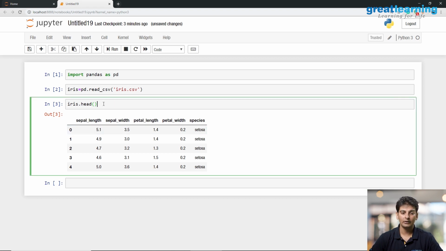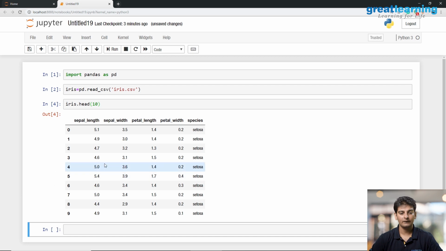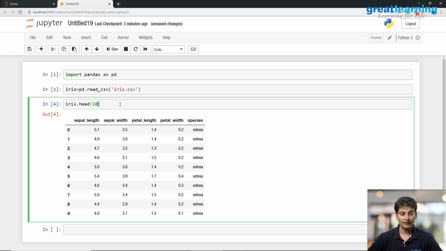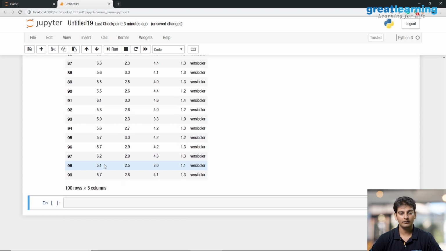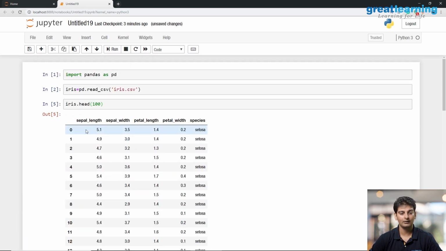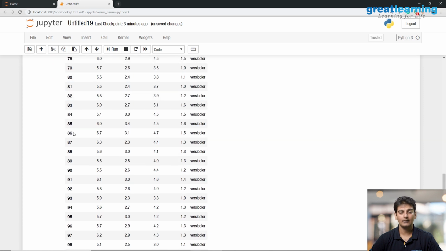As we already saw, the head function helps us have a glance at the first 5 records of this data frame. If I want to have a glance at the first 10 records, then all I have to do is type in 10 inside this head function. Then we'll see the first 10 records of this data frame, right? And if I want to see, let's say, the first 100 records, then I'll just type in iris.head 100. Right, so these are the first 100 records where the index value starts at 0 and it goes